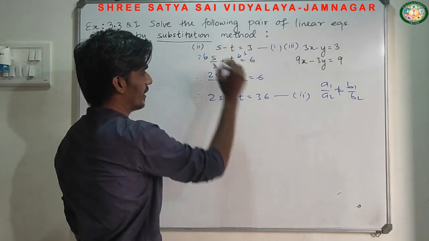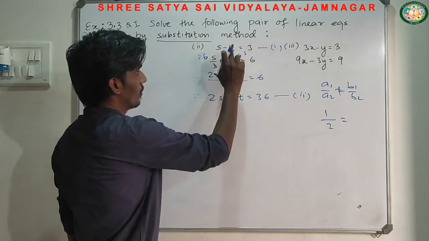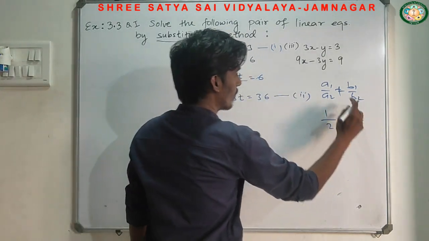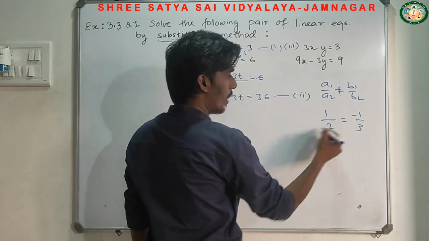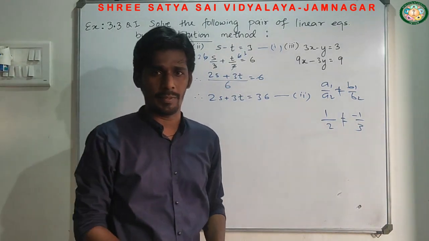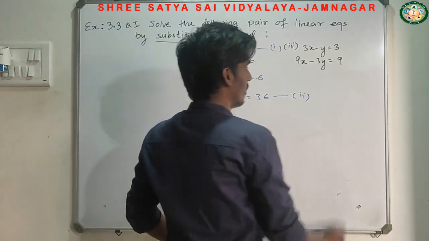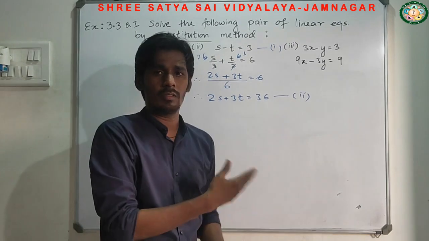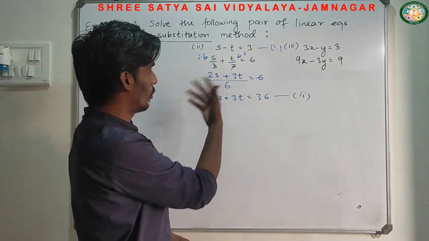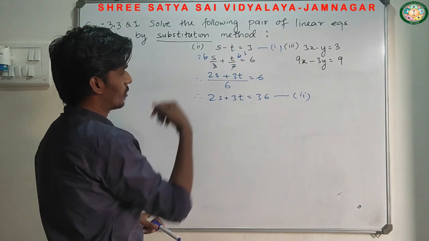What is the value of a1 here? It's 1. a2 is what? 2. Here b1 is minus 1 and b2 is what? 3. So are they equal? No. If they are not equal, then we have to proceed with the sum here. So they are not equal, so let's start this sum. When you do work, you can calculate this orally. So let's start solving this one.